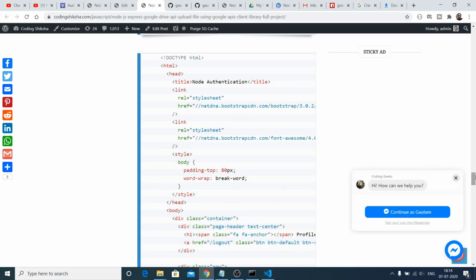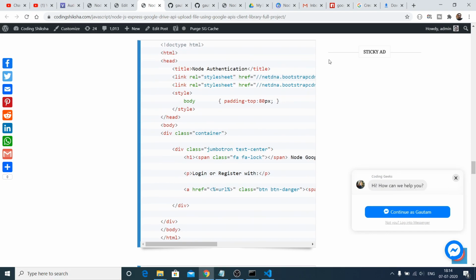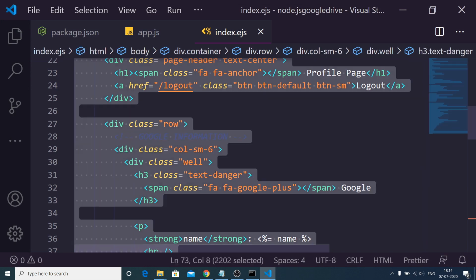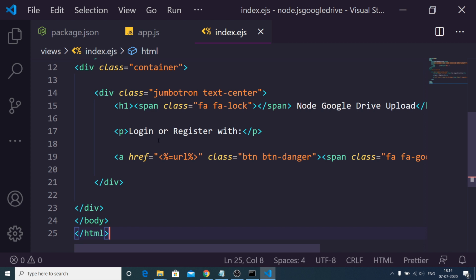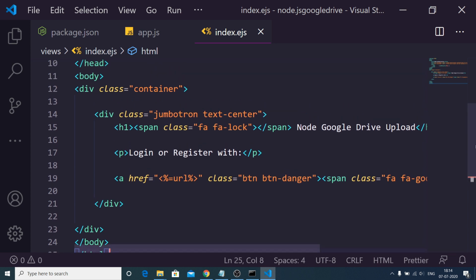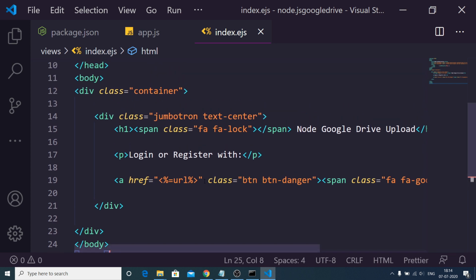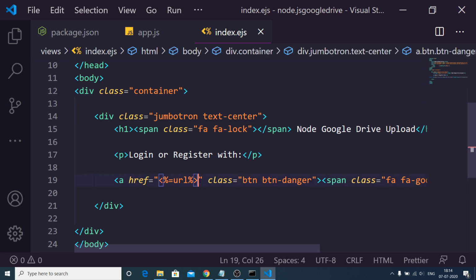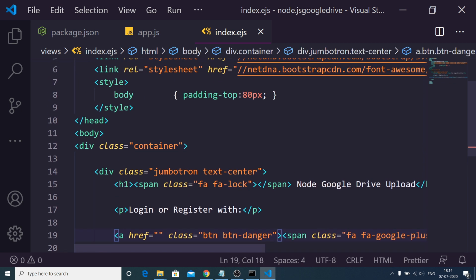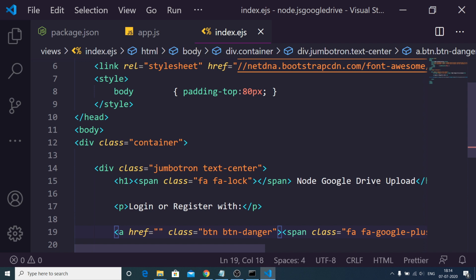For now we will have a simple, I think this is not the home page. This is the success.ejs. This is the home page. Sorry guys. Copy this and paste it. Here inside this we will just have a simple heading of node Google Drive upload, and we have a paragraph, login or register.